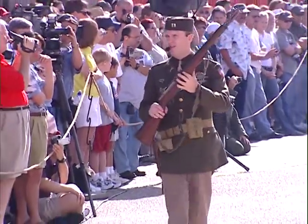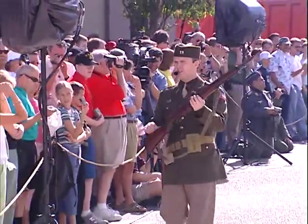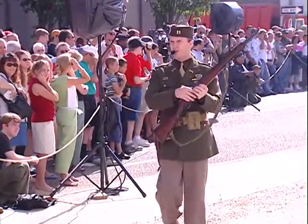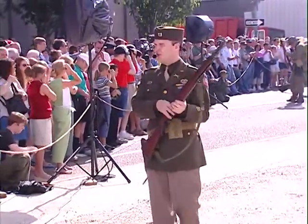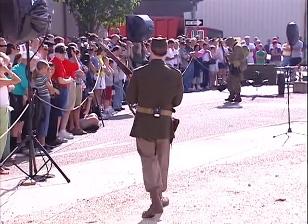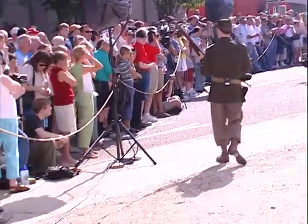The M1 is a 9.5-pound semi-automatic weapon, meaning that when you load a clip of ammunition into the weapon, all you have to do is close the action on that clip, point, pull the trigger. The expanding gases of the exploding gun